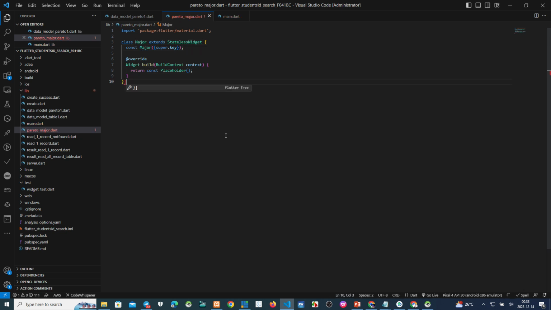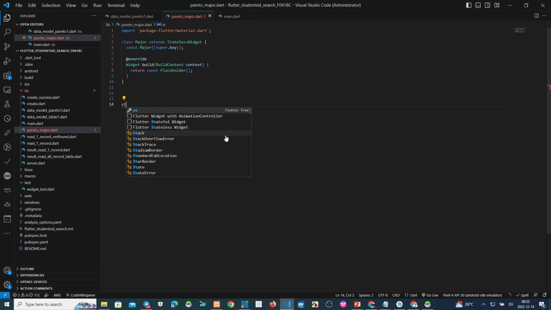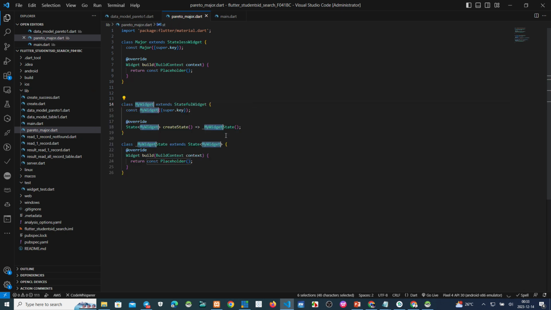And then the stateful widget state, and the name of my project.